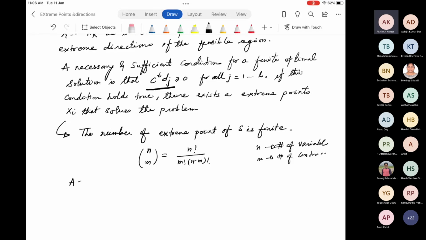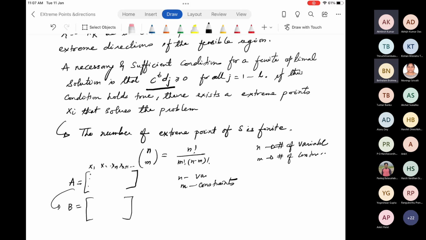So generally, if you remember, there is a technology matrix and there is a basis matrix, right? Remember that? The technology matrix is the coefficients of x1, x2, xn in the constraints and the slack variables. From here, we choose our basis. Suppose there are m constraints, how many basic variables can we choose if there are n variables?